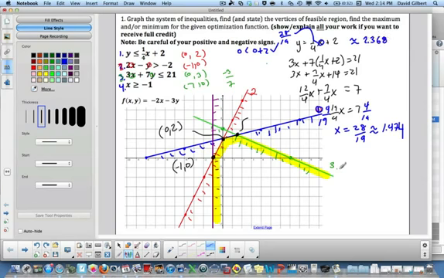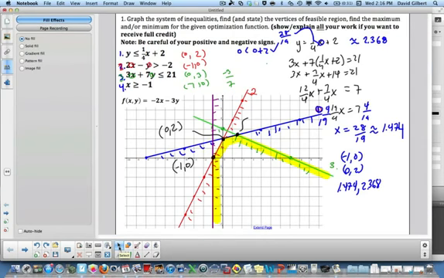So then my 3 coordinates are negative 1, 0; 0, 2; and 1.474, 2.368. Alright, so now all we need to do is evaluate all those points